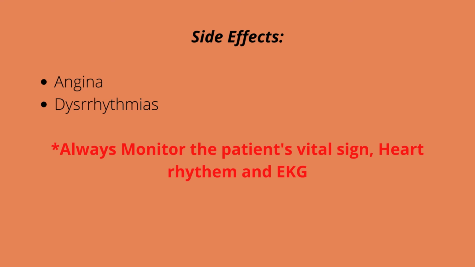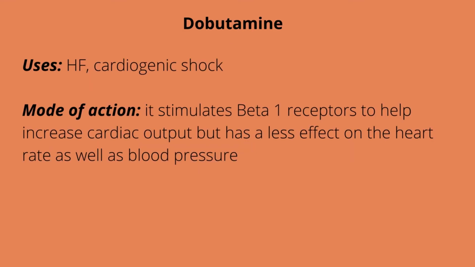Our next drug will be Dobutamine. And Dobutamine is an inotropic drug. It's used for cardiogenic shock and heart failure. Remember, cardiogenic shock is when there is something wrong with the heart circulatory system. Check our shock video. The mode of action is it stimulates the beta-1 receptors to help increase cardiac output,